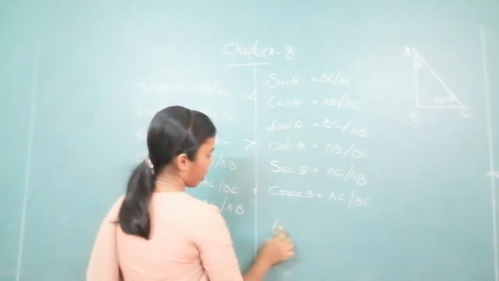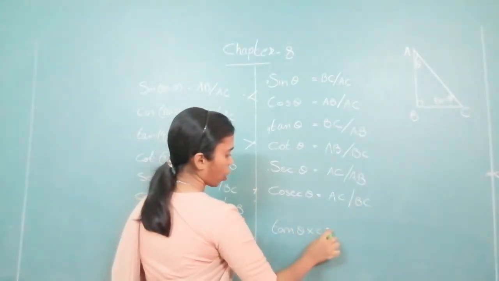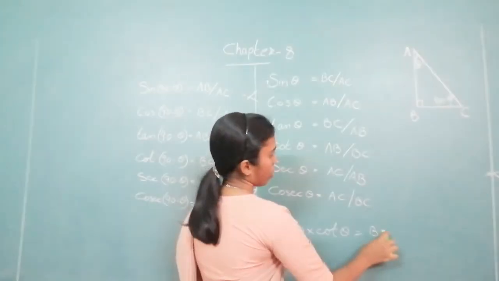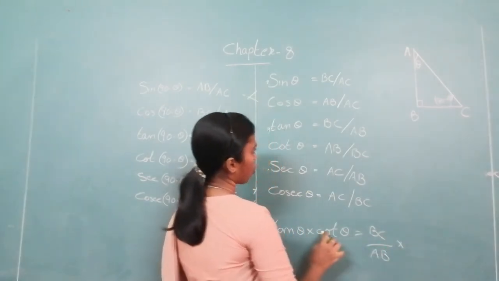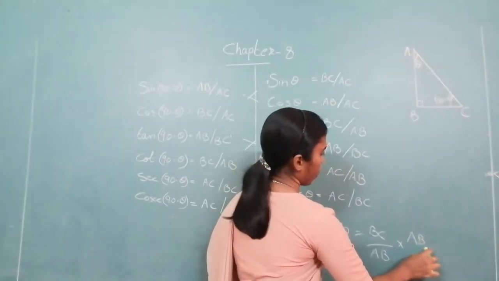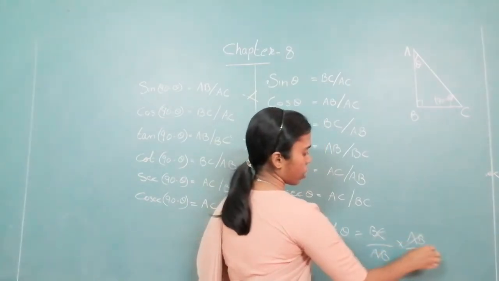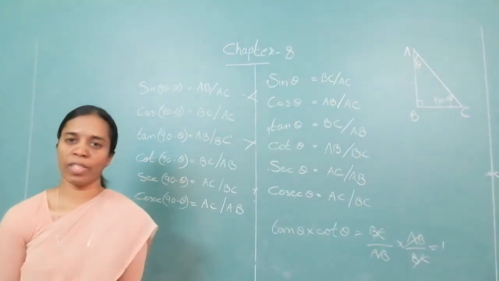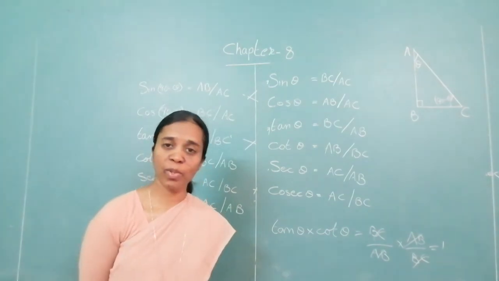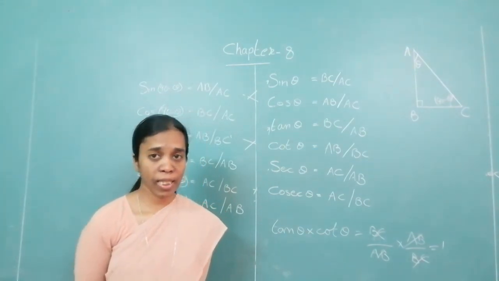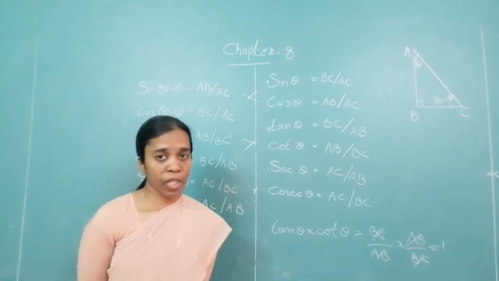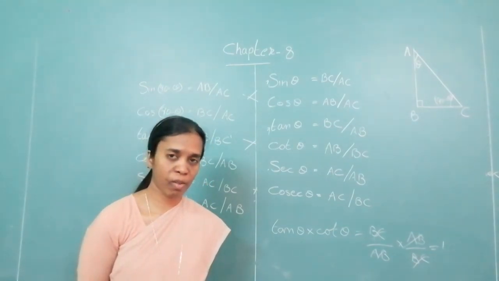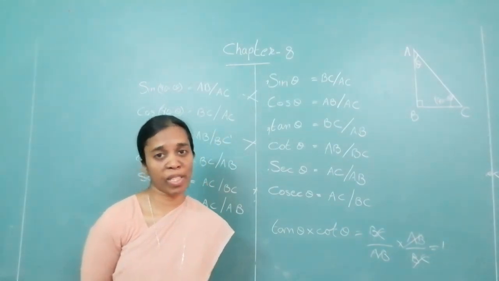Let us see what is the answer of tan theta into cot theta, or cot theta into tan theta. Tan is BC upon AB, into cot, AB upon BC. Again you can see it is equal to 1. This also you add: tan theta into cot theta. So today's formulas I suppose are clear to all of you. 6 complementary ratios and then 5 of these additional ones. So altogether 11. Previous ones separate.